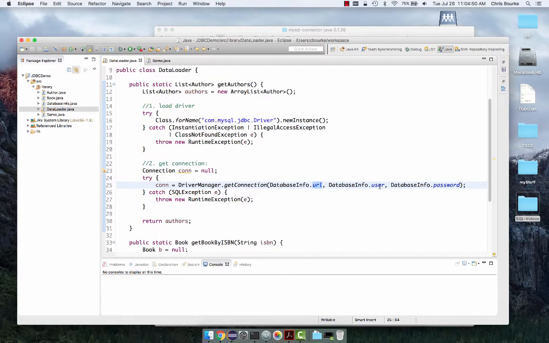The URL, the username, and the password are stored as static final strings in a different class. Now we need to formulate our query. For this query, we'll be getting all of the authors. So